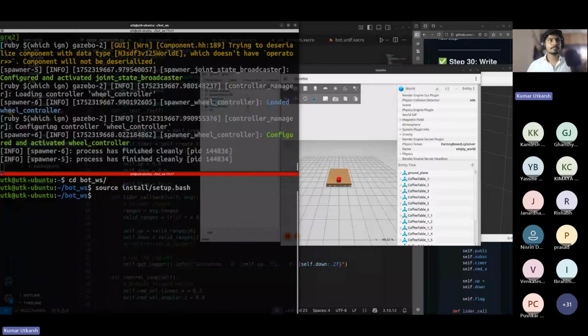Again, I'll source it. And now here we will run the node which we created just now. To launch a launch file, we use ROS2 launch. To run nodes, we do ROS2 run. ROS2 run, from which package we want to run the node? Bot script. So bot script, and which node, which is the executable? Executable is edge detection. If we press enter,